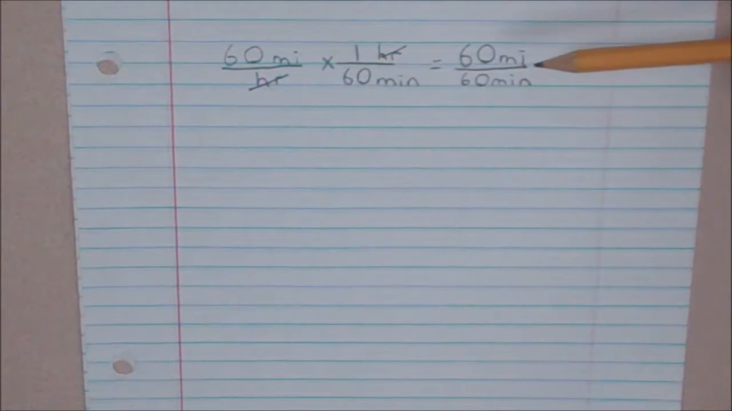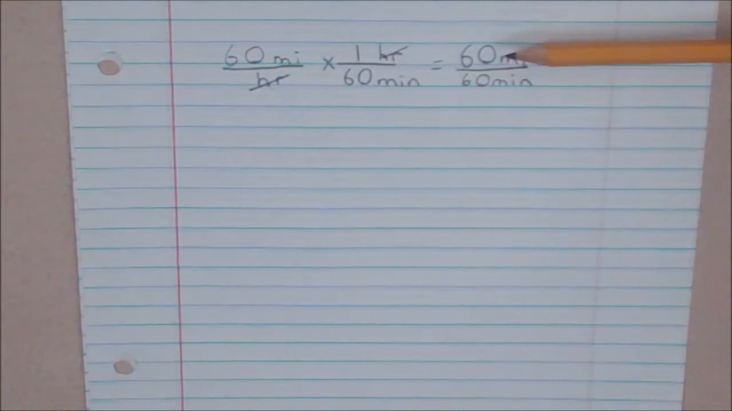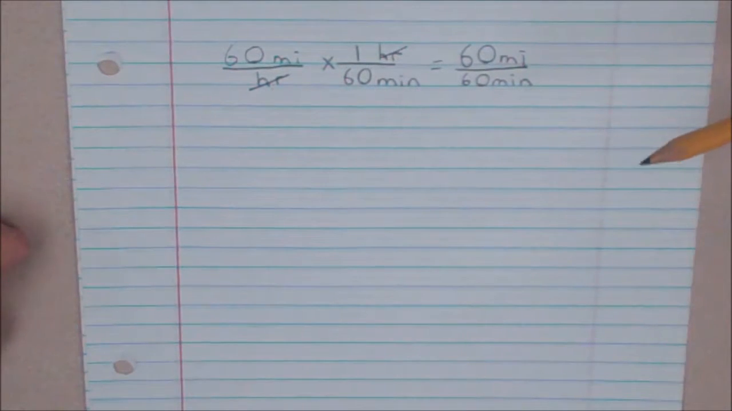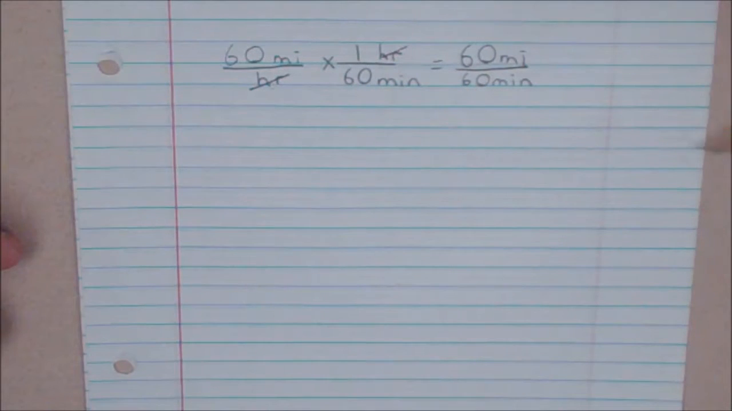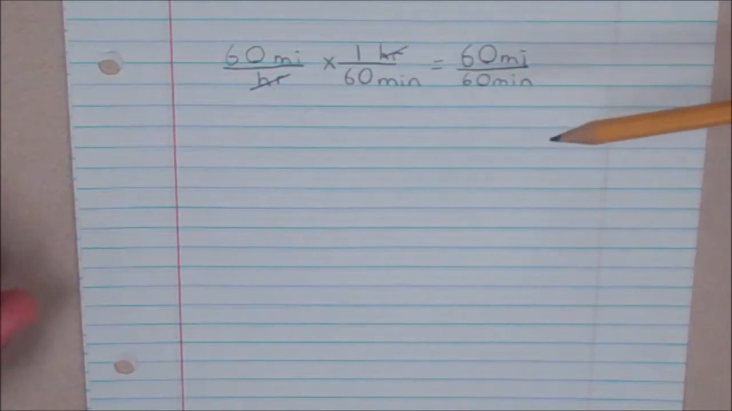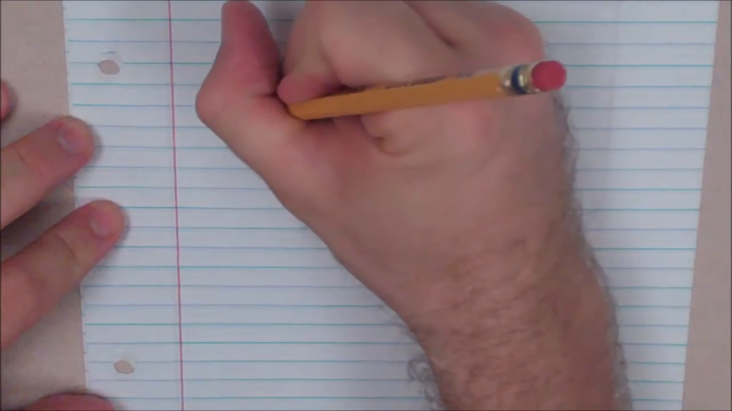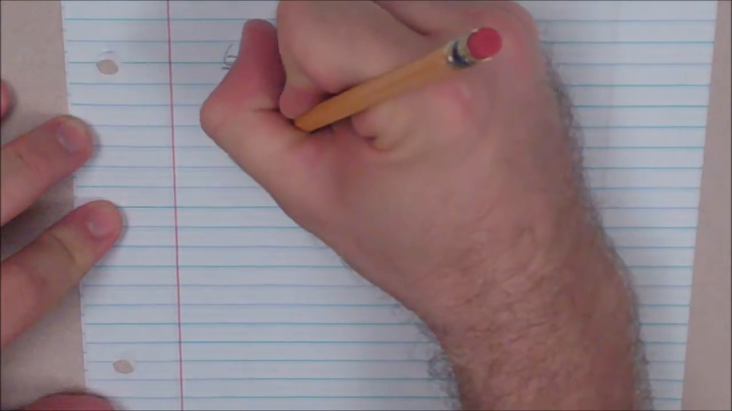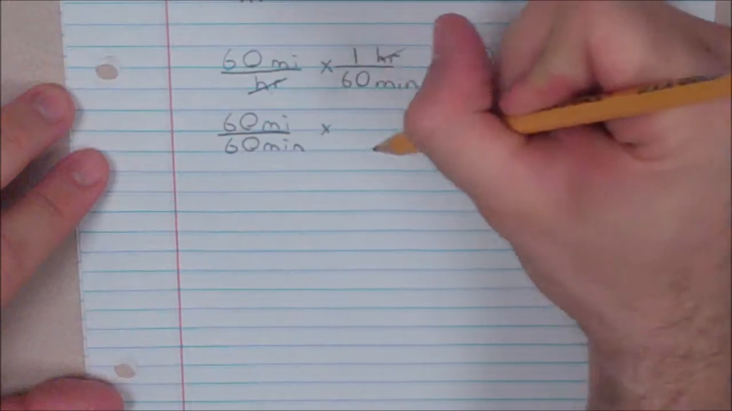Now, I know that we could go ahead and divide this and get 1, but in a lot of cases you can't actually do that. I mean, for example, if this was 56 miles and 60 minutes, then I would get a really long decimal at the end. I usually find it's easiest to just leave it as a fraction until you're at the very end. So I'm going to move my fraction down here, 60 miles over 60 minutes, and I'm going to multiply it again,